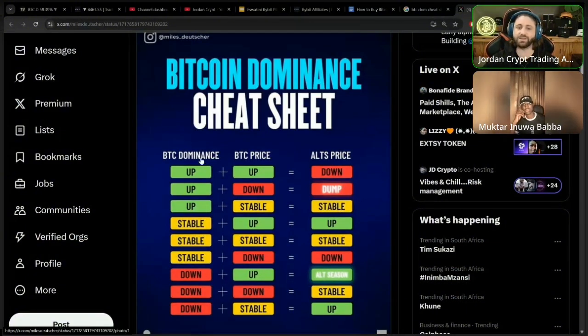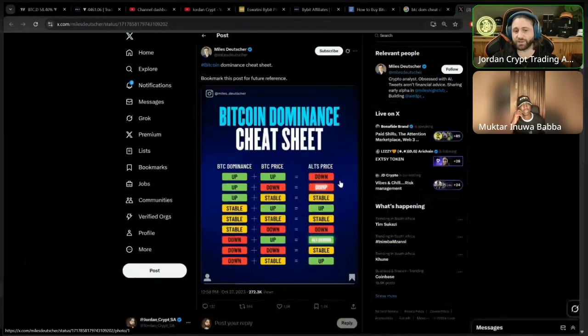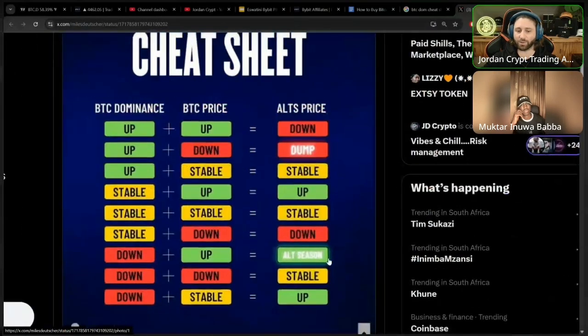All right, so BTC dominance, its correlation with BTC price gives you an outcome on what the alts are going to do. So I know it's confusing at first, but what you want to see for an altcoin season is BTC dominance going down while Bitcoin price goes up, right? If you see alts dump, Bitcoin dominance will be going up while Bitcoin price is going down. So very important to understand that Bitcoin price actually needs to be going up for an alt season to happen. Some people think that Bitcoin needs to be going down, but in essence,